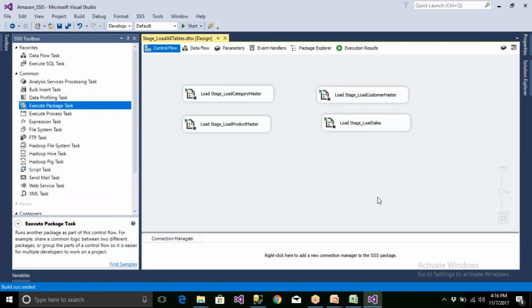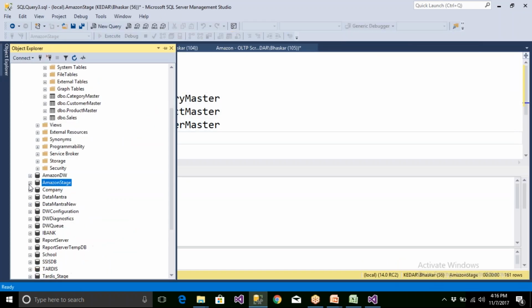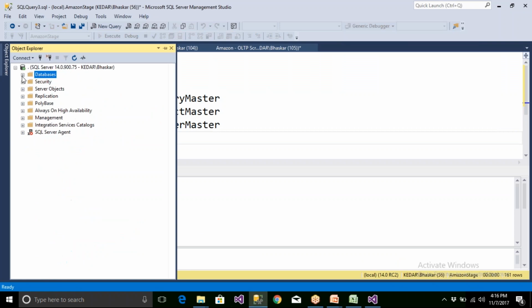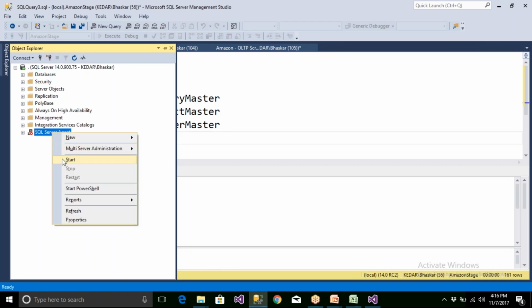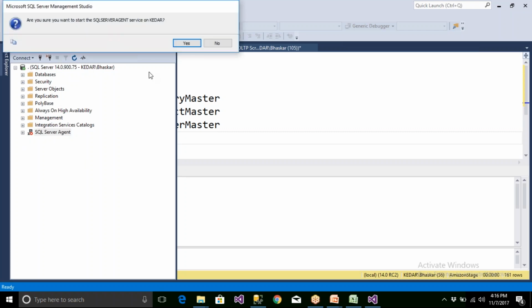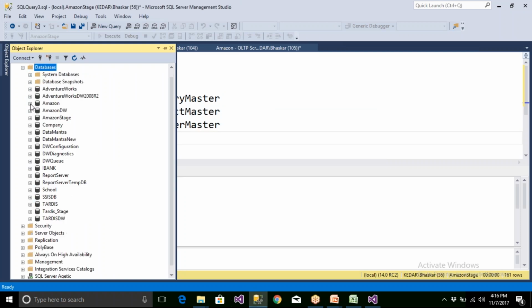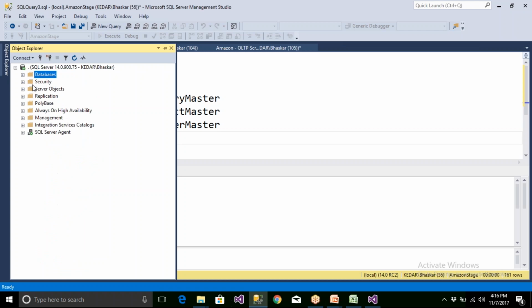Now I'm going to deploy it to SSIS, but I have to make sure that I have SSISDB created. Let me go to databases, then integration services catalogs.